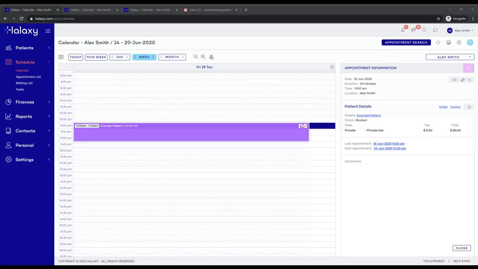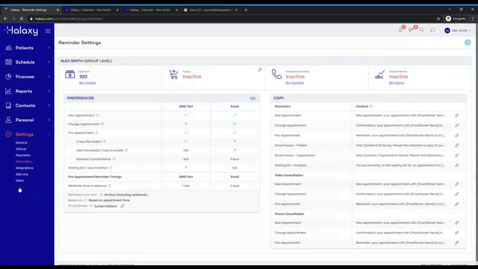So if we navigate back to our reminders control center, as I like to call it, the reminders section under settings, so settings reminders. Here you can see at the top, we can now look to the top area here, and the first 2 sections, we can see our balance, so our reminder balance, and there's an option there where we can purchase credits. And the other area is our top-up section. So what does top-up mean? That means if you run low,